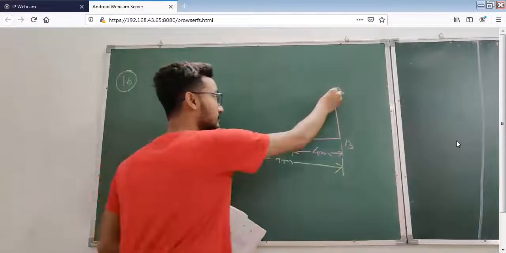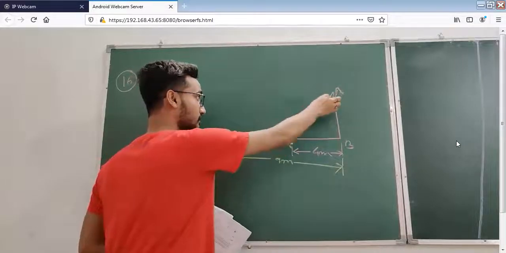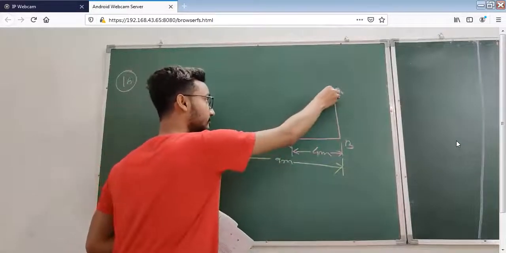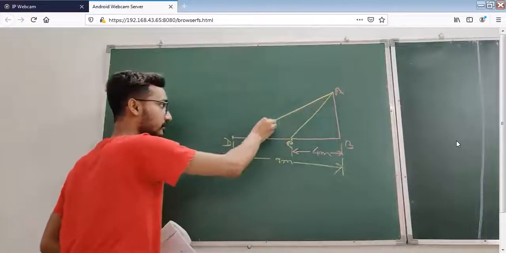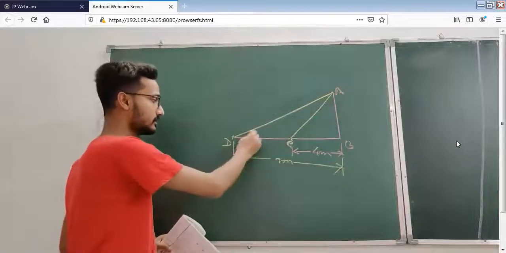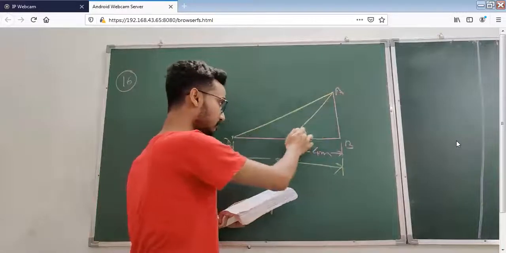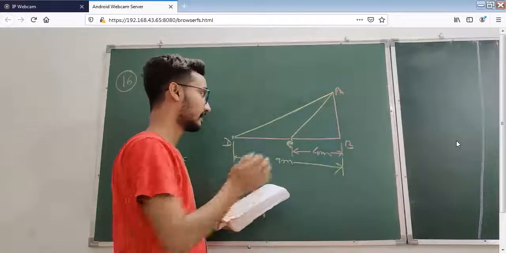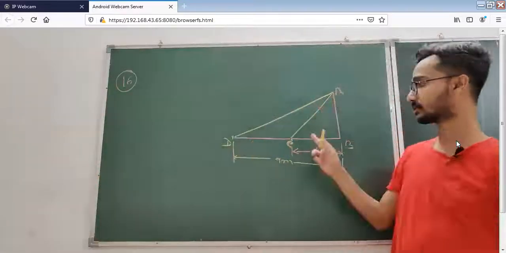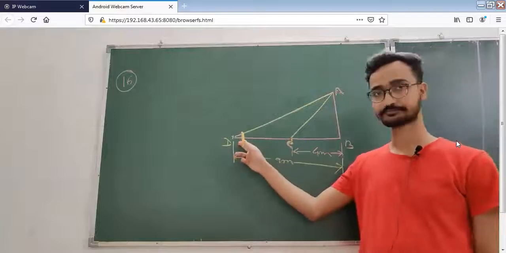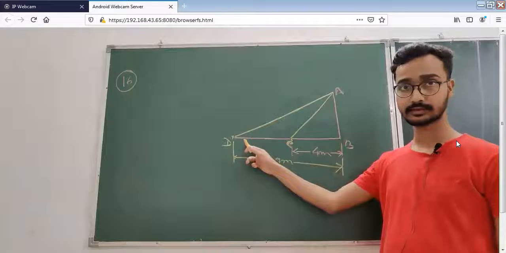And the angles of elevation are complementary. That means this will be one angle of elevation. From point C, the angle of elevation of the top of the tower is this one, and from point D, the angle of elevation of the top of the tower, this point A, will be this one. Now see, the angle of elevation of the top of the tower from the 2 points, that means point C and point D, try to understand the question. The angle of elevation from the 2 given points is complementary.